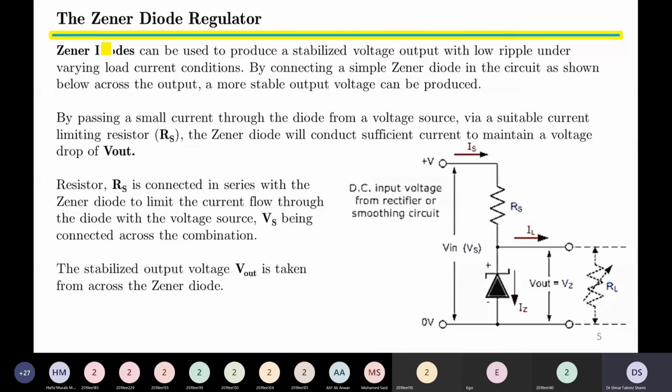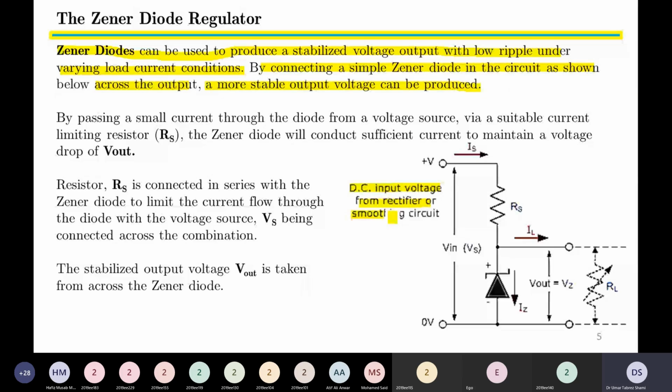In the next slide, we have the Zener diode regulator. Zener diodes can be used to produce a stabilized output with low ripple under varying load conditions. By connecting a simple Zener diode in the circuit as shown below, across the output, a more stable output can be produced. So in this diagram, what we have is a DC input voltage from a rectifier or